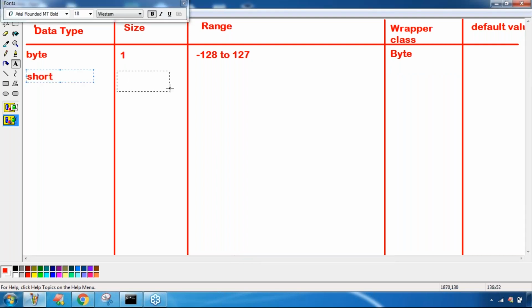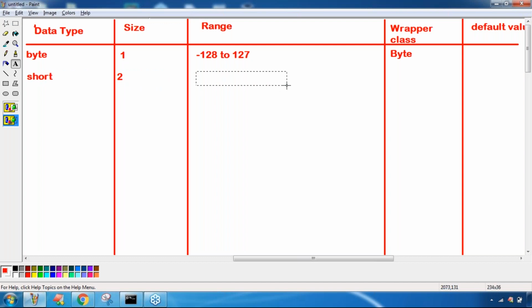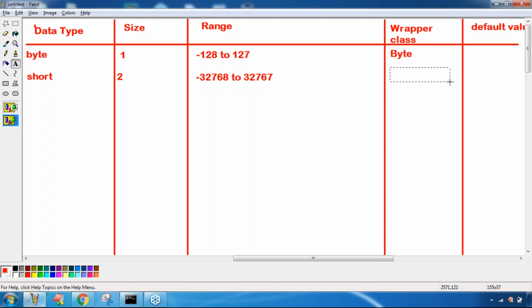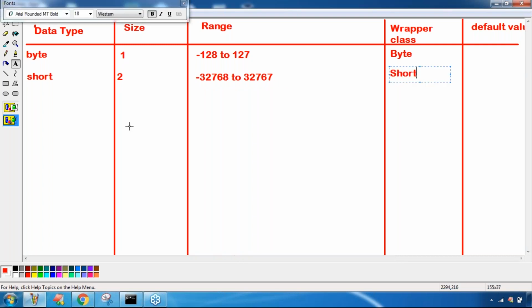Next, the second one, sir, short. How much size? 2 bytes. What is the range? Minus 32,768 to 32,767. What is the wrapper class? Short is the wrapper class.